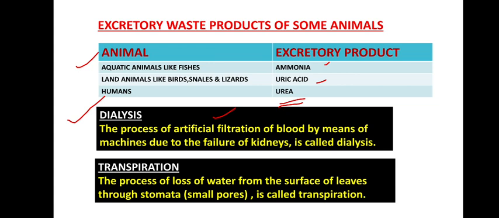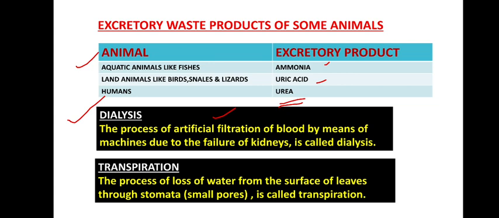Similarly, lungs help in the removal of carbon dioxide. So lungs are acting as respiratory organs as well as excretory organs. Skin helps in the removal of sweat. Sweat is nothing but water plus some amount of salts that come out of our skin. Sweating helps in cooling the body, because when the sweat evaporates, the heat needed for evaporation is taken from our body only. Thereby sweating helps to cool down our body when it is very hot.